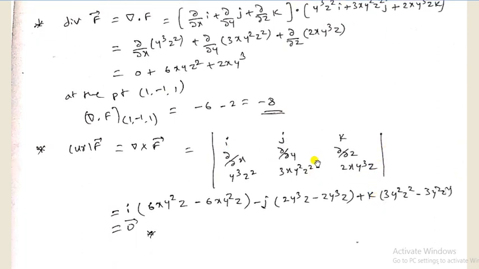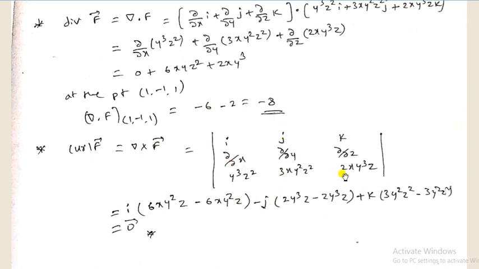So on expanding this determinant, for i, dou by dou y of 2x y cube z is 6x y square z, and minus of dou by dou z of 3x y square z square is minus 6x y square z. So sign of j is minus,